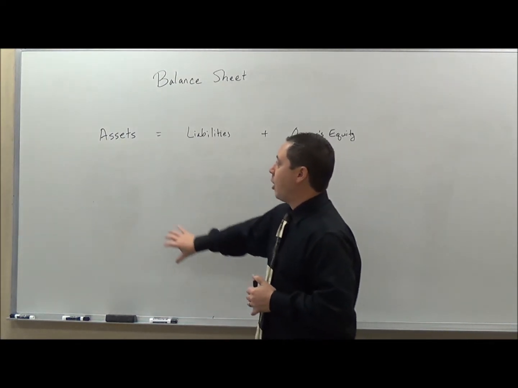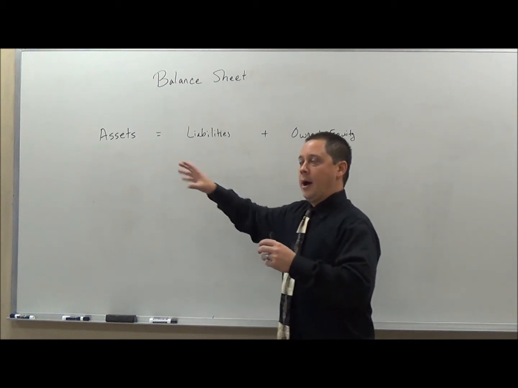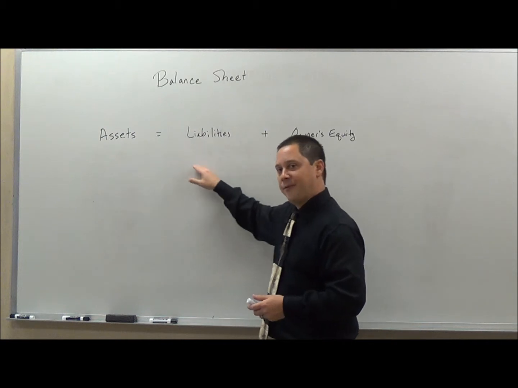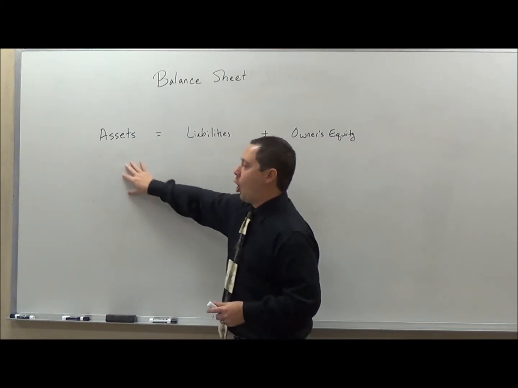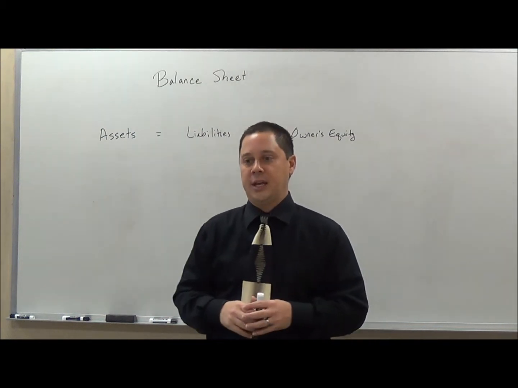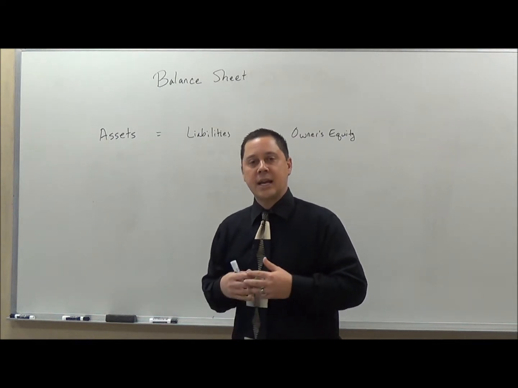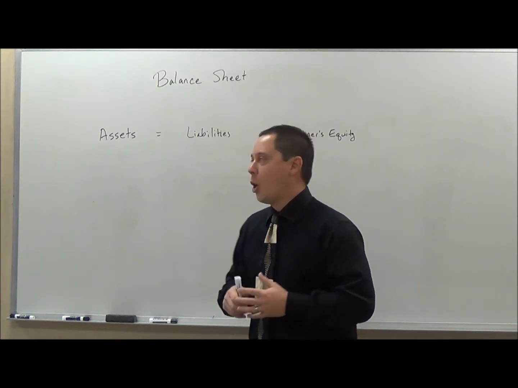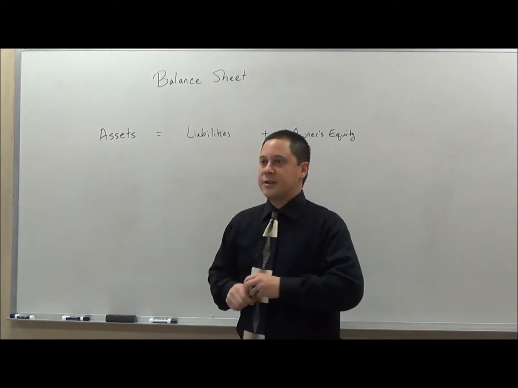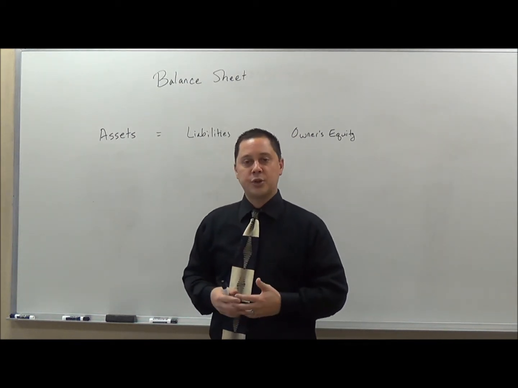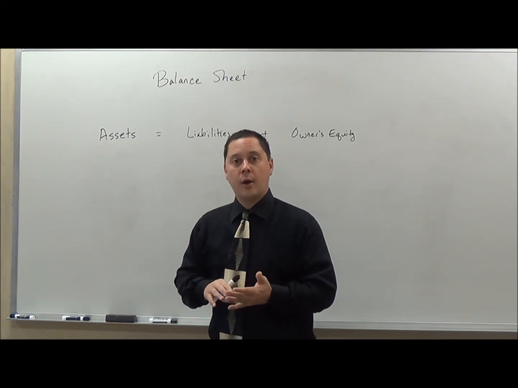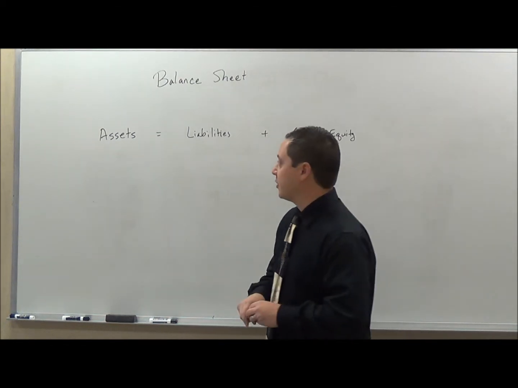Alright, so if you watched my previous video where I discussed the accounting equation, you'll have seen this equation before. Assets are tangible and intangible things that you may have. Now let's take this in a personal sense first so that you can get a good idea of what that means. Assets are something that you may have at your household, like furniture, or maybe your house, or your car, or computers. Those types of things fall in the assets.